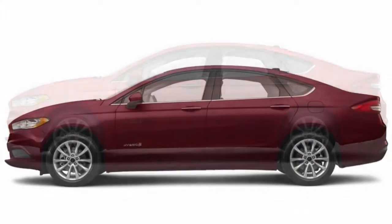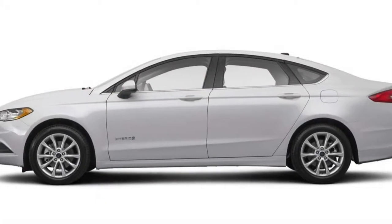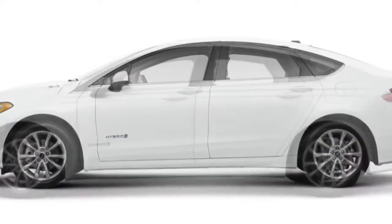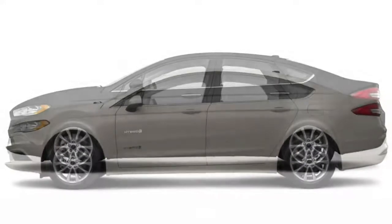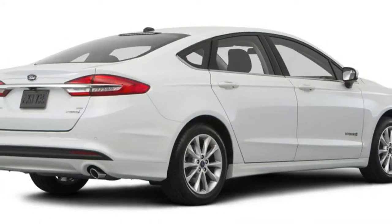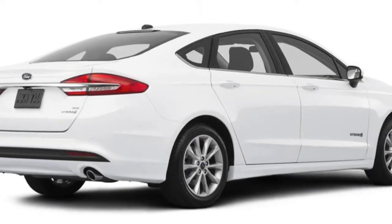The SE adds exterior LED accent lights, exterior keypad entry, rear air vents, an 8-way power driver seat, with power lumbar, a 6-way power passenger seat, a rear seat center armrest and satellite radio. A few option packages are available for the SE. The Appearance Package, Equipment Group 601A, adds 18-inch wheels, a rear spoiler, fog lights, a leather-wrapped steering wheel and contrasting